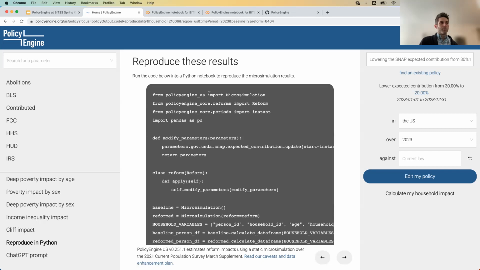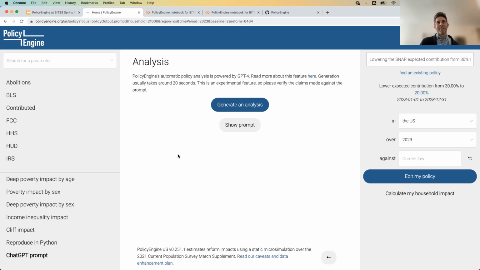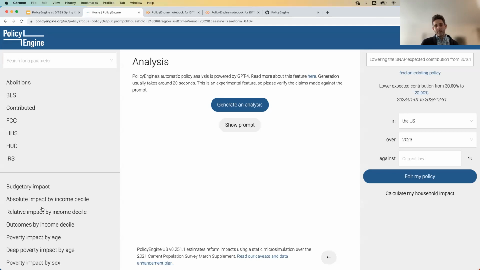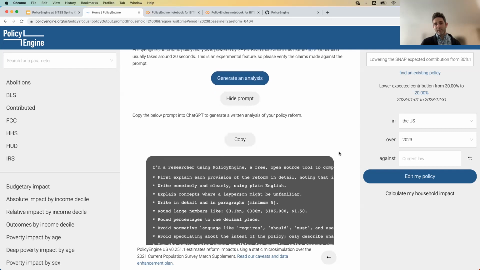And very similarly, we can reproduce in Python. I imagine some of you have rolled your eyes at the bottom left here. I'm going to come back to the reproduce in Python and just show you this part, which we just added and are having a lot of fun with. Last Friday, we thought, okay, we're passing all of this JSON data into our server, which computes the impacts that go into each of those charts. And then we're using the Plotly JavaScript library to visualize that data. So maybe we can just tell ChatGPT, hey, here's all the data we have for each of these charts.